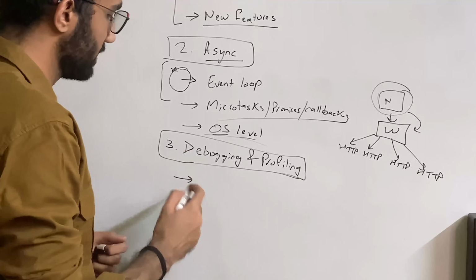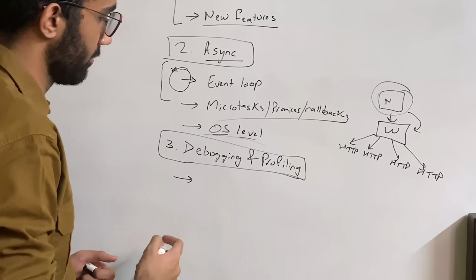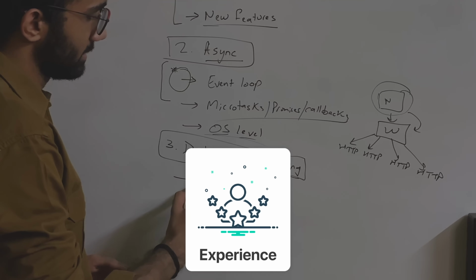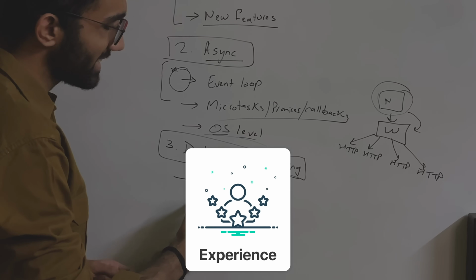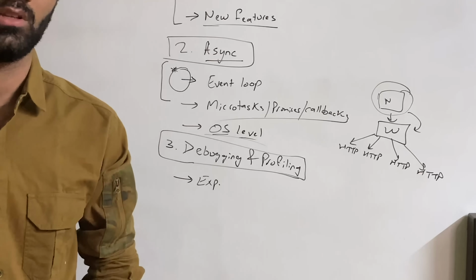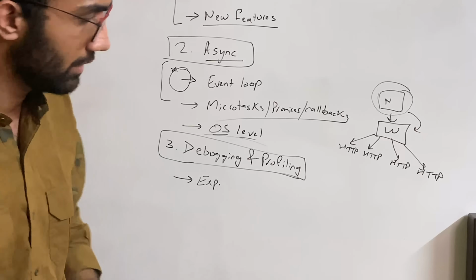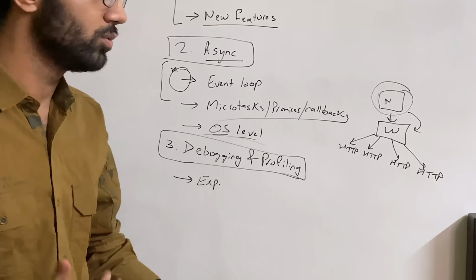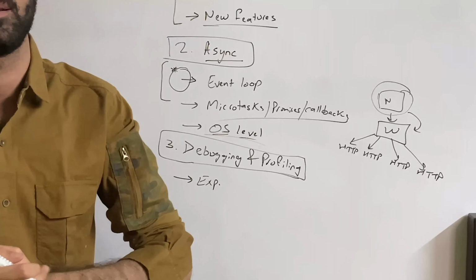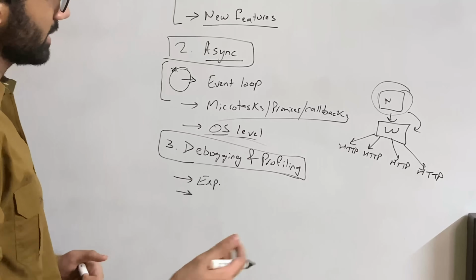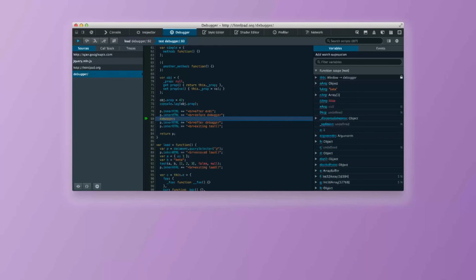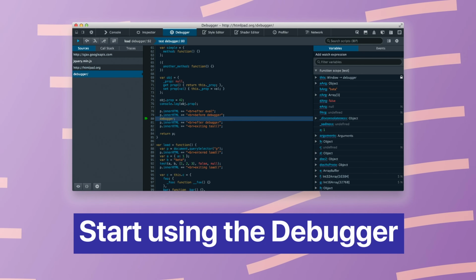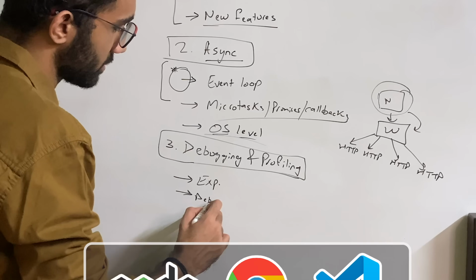And this will obviously have some qualitative and quantitative qualities. The first one is experience. The more experience you have, the more errors you have seen, the more weird edge cases you have seen, the more quickly you will be able to trigger that memory cell in your brain the next time you see that, right? But alongside experience, what you can do is you should also start using the debugger, which is the Node.js